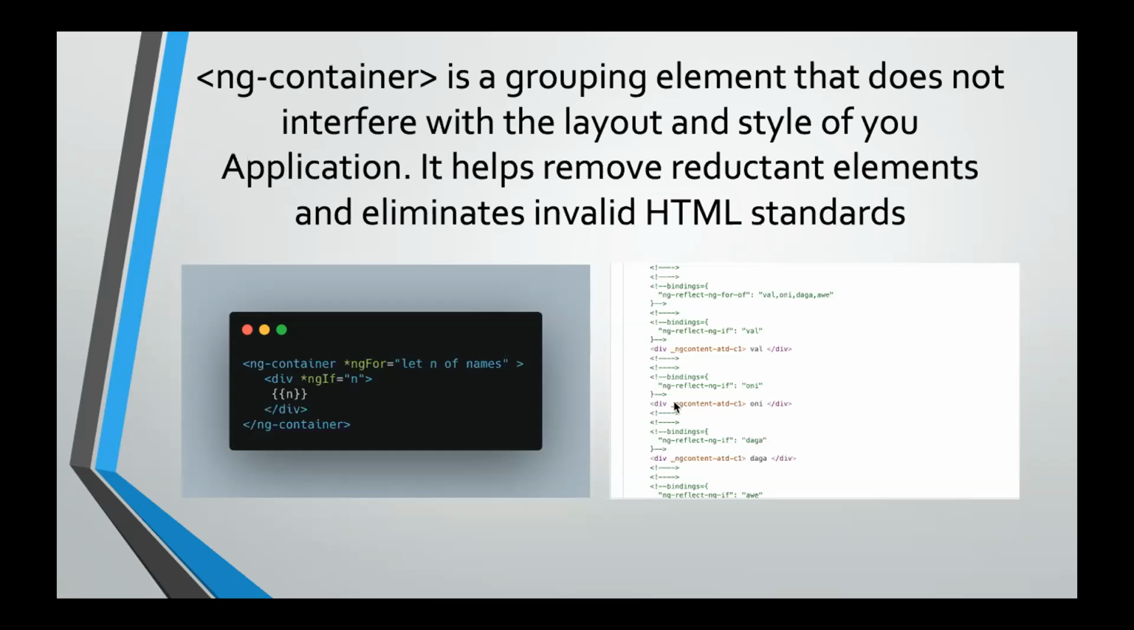Another thing the ng container does for us is that it helps to remove redundant elements, which we have just seen. And then it also helps to eliminate invalid HTML standards. So there's this common thing that people do. A typical example is when they are writing a list of items, and then they want to bring in a structural directive like an ngIf, if there's a condition that you need to check for before you display a particular list. And the quickest solution to do that is by using a span or maybe a paragraph or any inline